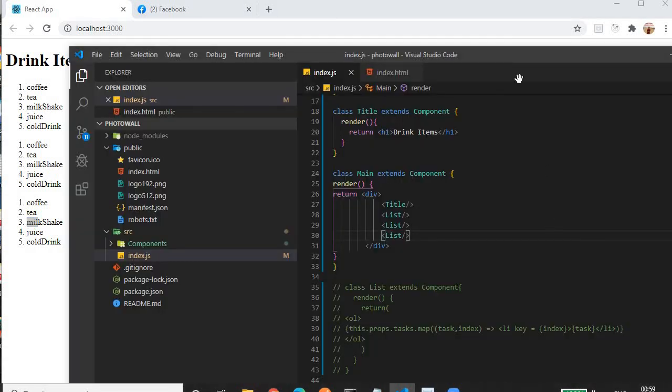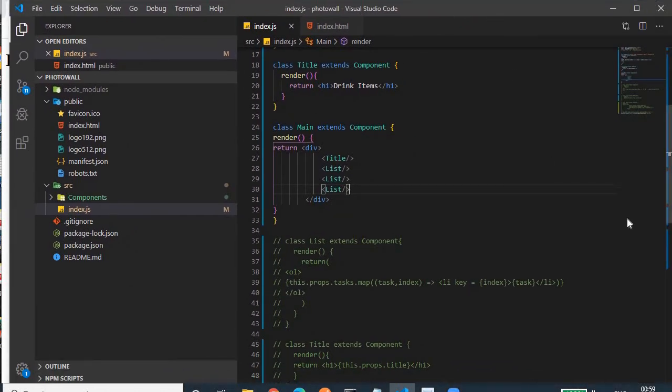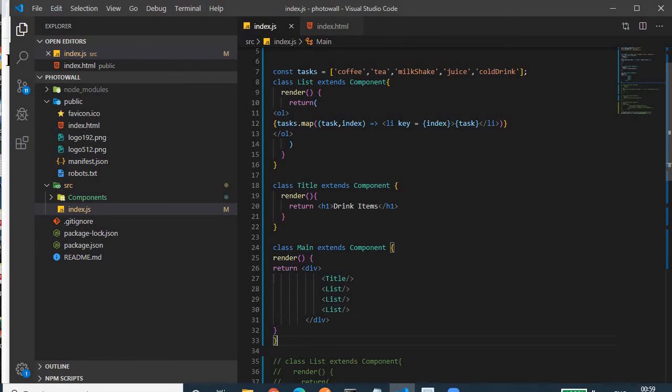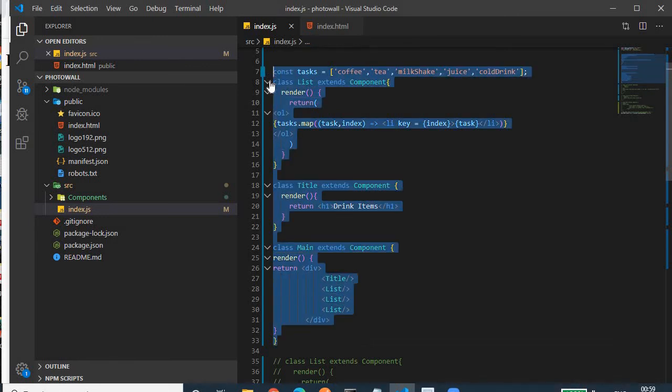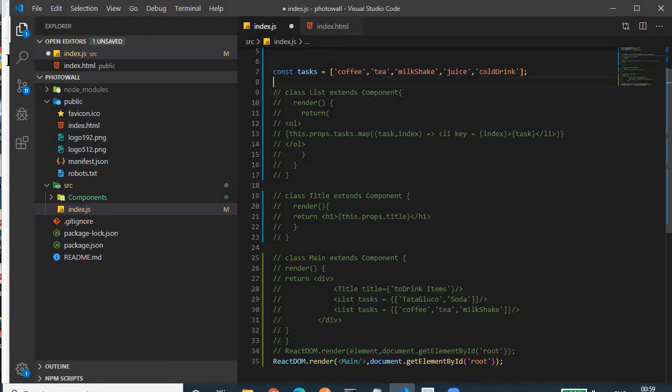Here comes the use of props, a terminology that we have used many times. So for that, let me remove this code. Same thing, we have a list component, the same code is repeated, everything is the same.